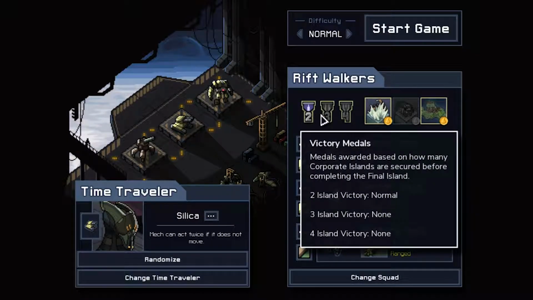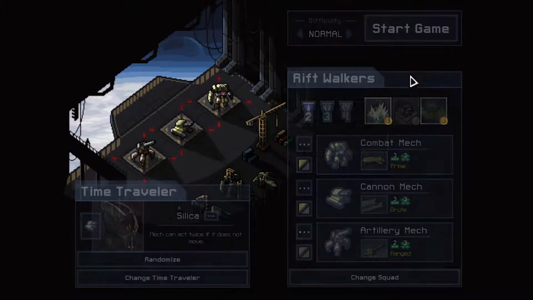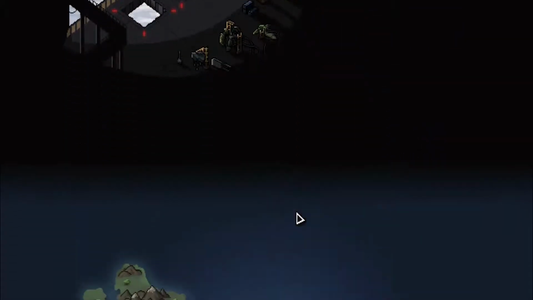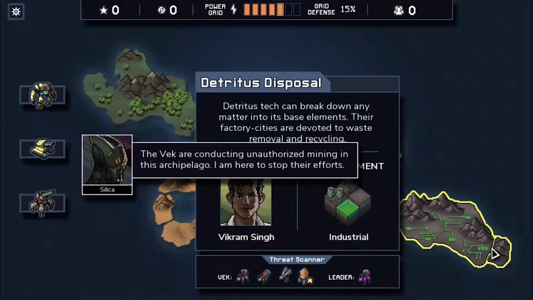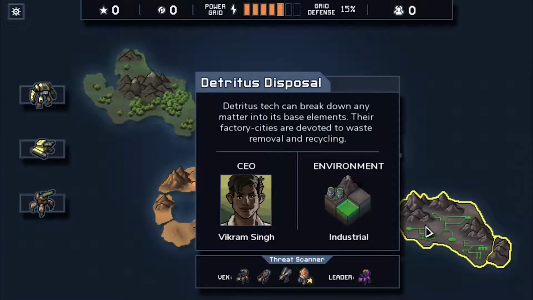Right. So yeah, we got a 2-island victory previously. Let's go for a 4-island victory. We're only on normal difficulty to start off with, but if it gets too easy then we'll change that. Do love the animations. After completing it once, you can pick any island you want to start off on. I'm gonna start off on the